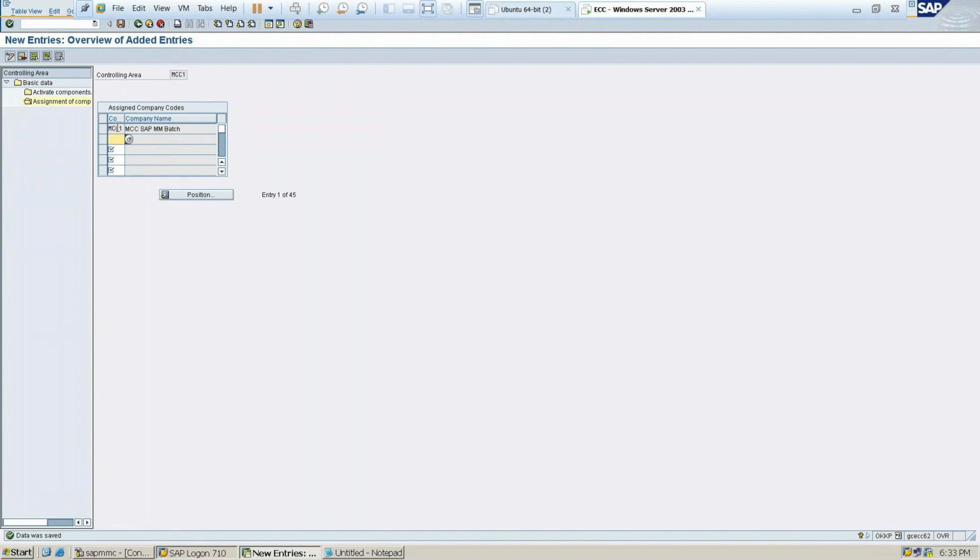Written, sir. So now you need to activate the components. Select this one, double click on activate components and control indicators. Select the company, then double click on activate component or control indicators.